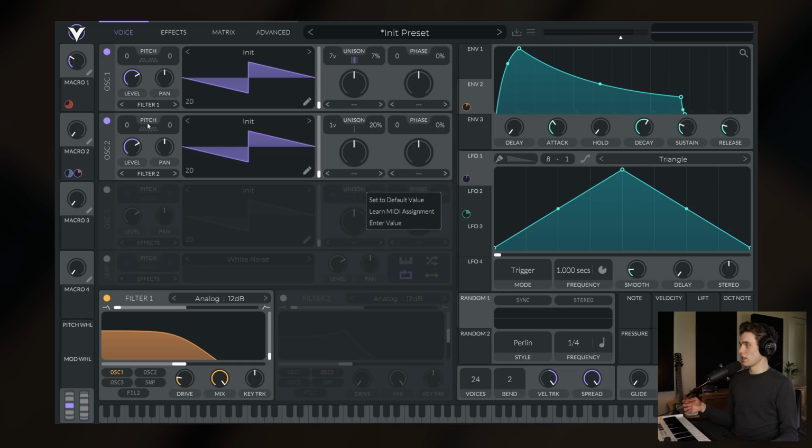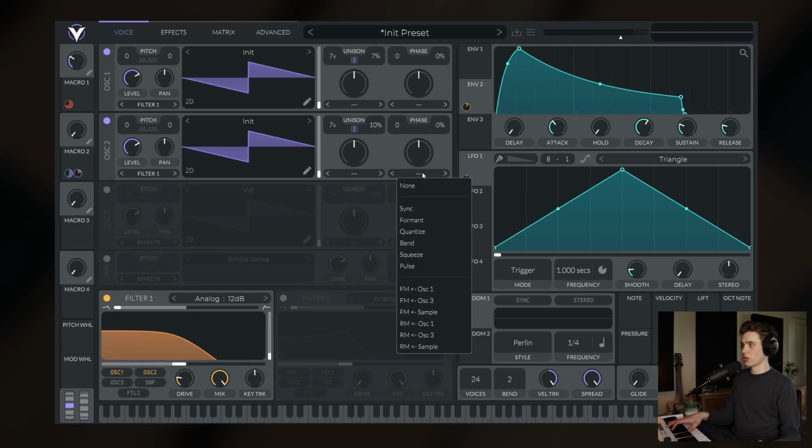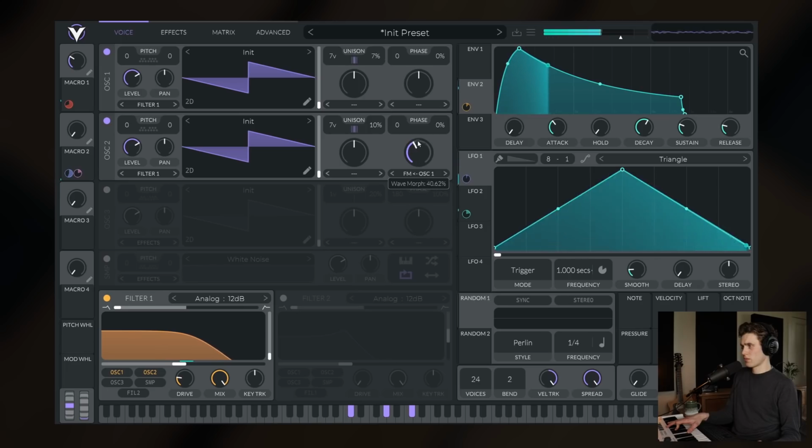So what we're going to do is, again, 7 voices of unison. This time I will leave it on 10% detuning. We'll also make sure that it's going through filter 1 so that we're cutting off the top end of the sound as well. And then on this box here, we're going to choose FM from 1. And if I adjust this, you'll hear what it sounds like. So at high amounts it sounds very bad, but if I just take it down to about maybe 30-35%,